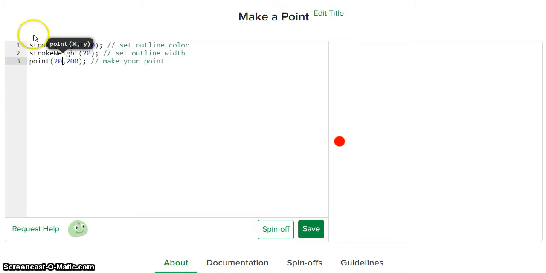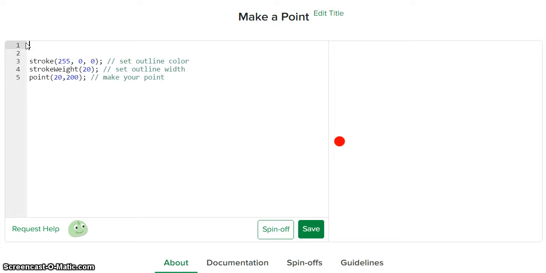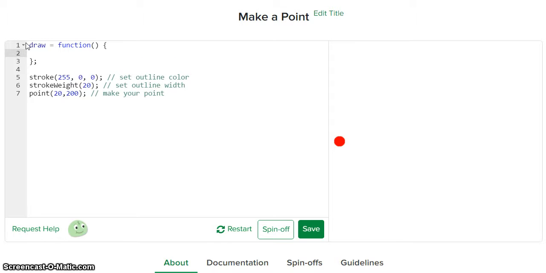To create the frames, we're going to want to make a draw function. So up here, I'm just going to type draw equals, and the Khan Academy editor automatically fills in the rest of the function for you. Very handy. And then I can grab all this and just kind of click and drag it right into the